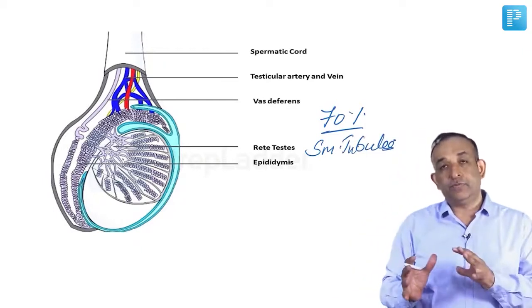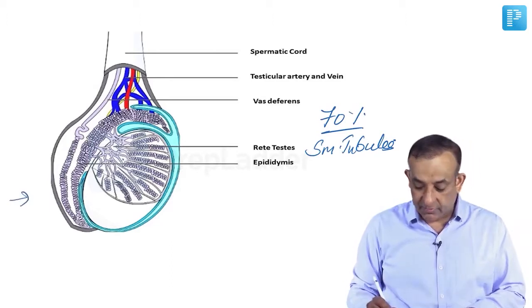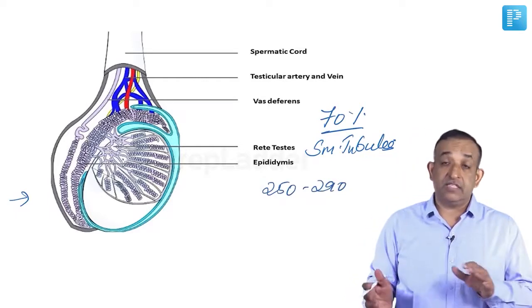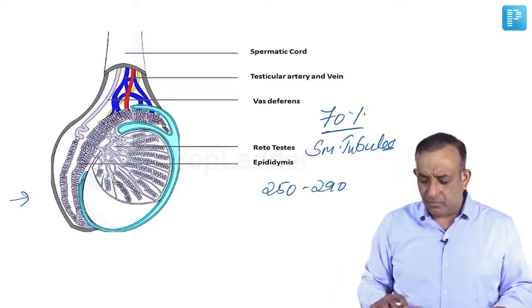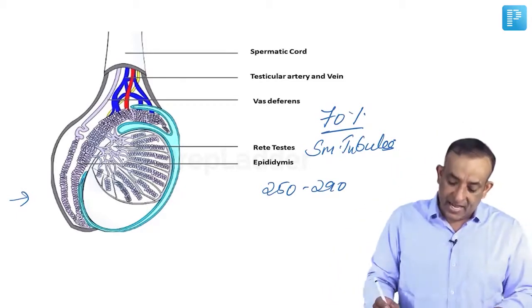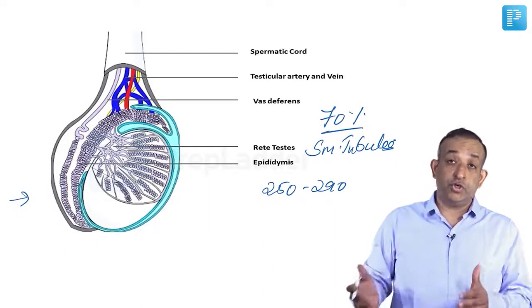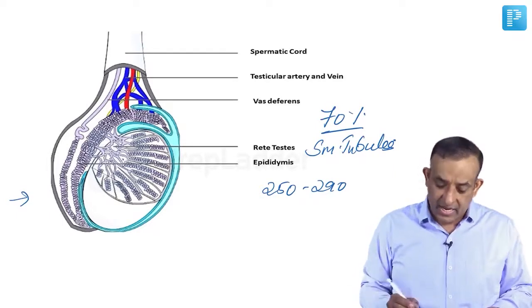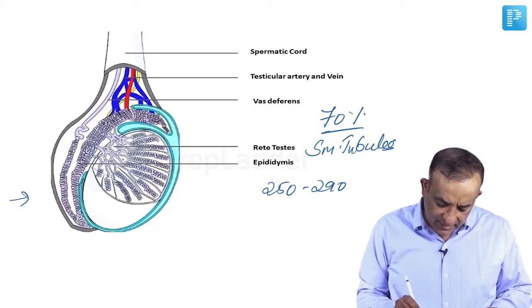So, how are these tubules housed in the testes? This testis, if you see, has something like 250 to 290 lobules. The testis is divided into 250 to 290 lobules. Some books roughly say 200 to 300, but the more precise number is 250 to 290. And in these lobules, there are lots of seminiferous tubules, and in these tubules the spermatocytes are made from the Sertoli cells, and these Sertoli cells will release the sperms into the lumen of the seminiferous tubules, and then these sperms will collect into this